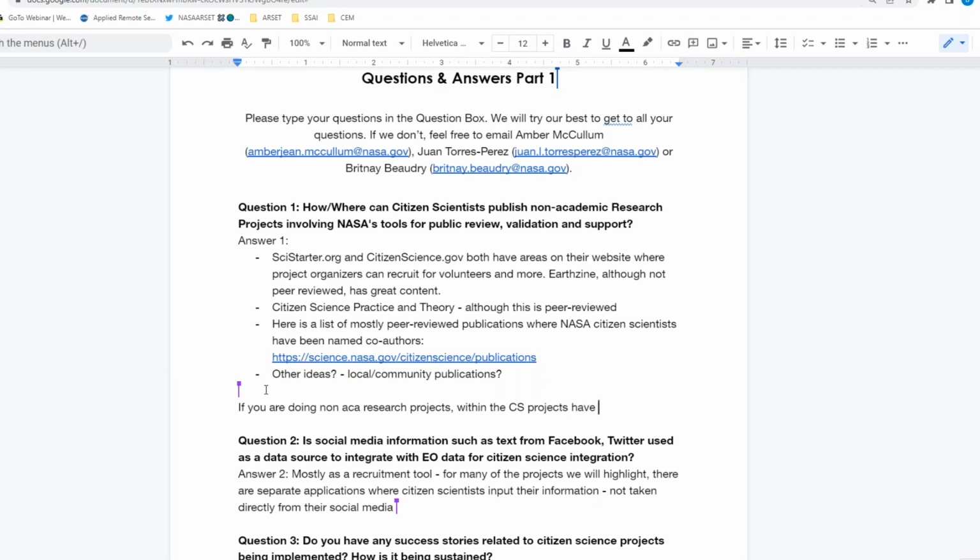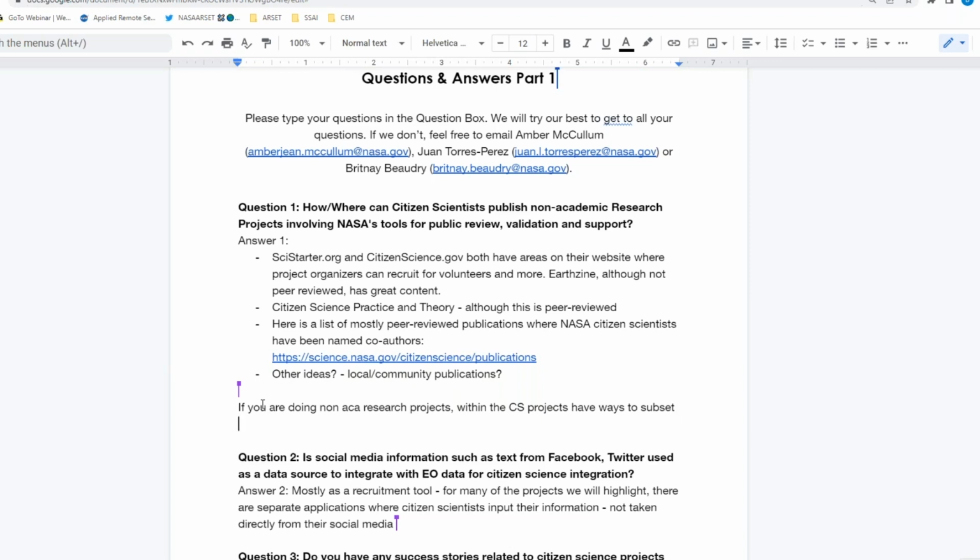And then there are also ways where you can subset things as special projects within other citizen science projects and then publicize those. For example, in iNaturalist, you can make a community in there, and then you can publicize that on a Facebook page, things like that. But I think the most important thing is if you